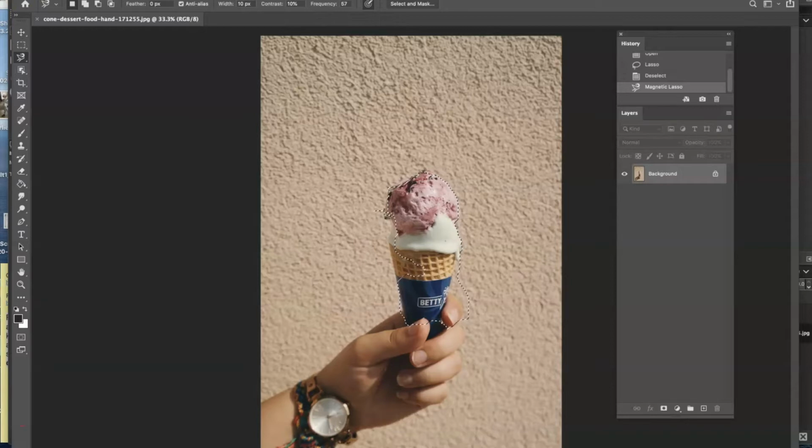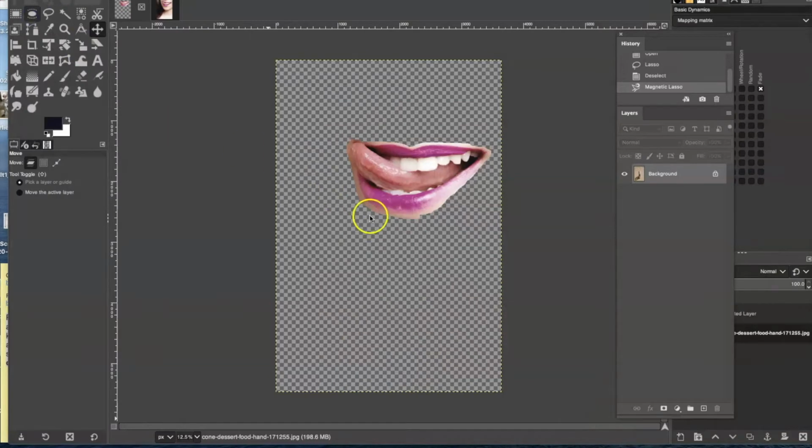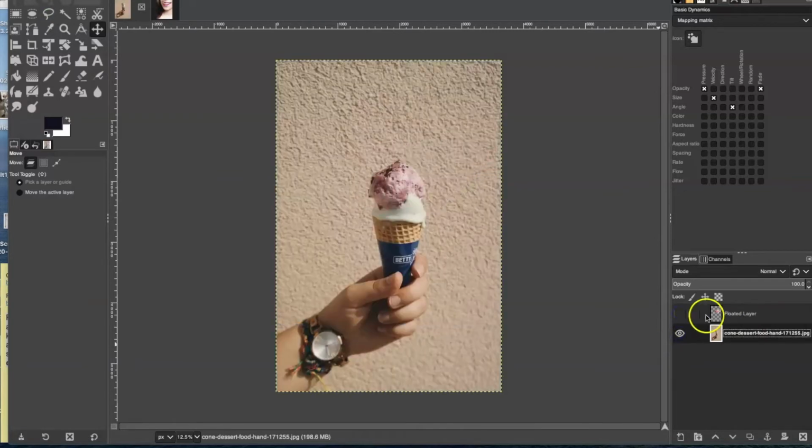The cool thing that I like in GIMP is when we're using their, it's called the free select tool, but it looks like the lasso tool in Photoshop. Let's say I'm going to go over here and do another layer now. I'm going to turn that layer off. See how I turn the eyeball off? But now I'm going to select the ice cream cone. So I'm going to use what looks like the lasso tool in Photoshop, but it's called the free select tool in GIMP. So if I want to do it here and I click and I'm holding down